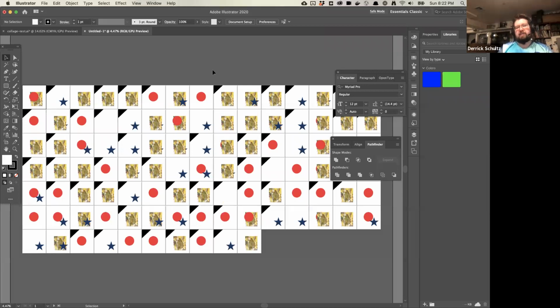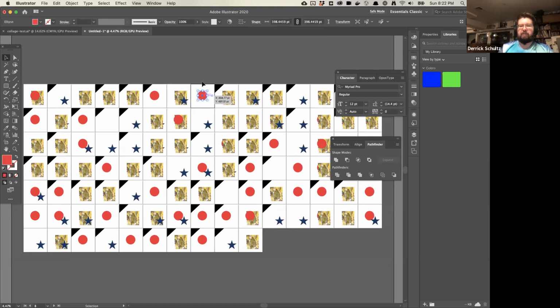Now, there are a couple of things with this script that could probably be cleaned up. The first is that you'll see in some cases there's only one piece of art on the board. It's actually not one piece of art, it's 2 pieces, and it grabbed the same element. This will get pretty complicated if you want to have no repeating elements. What I would say is if you start with 100 pieces and you're only going to combine 3, you'll have less of this happen. Because we have so few elements and we're grabbing them randomly, it's going to grab a lot of repeats. So this is the first thing I would fix if I were to take this a little further.